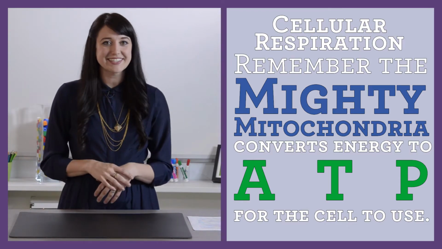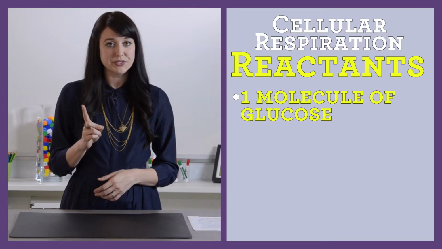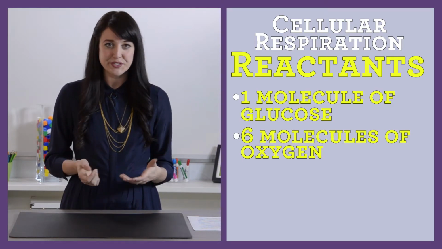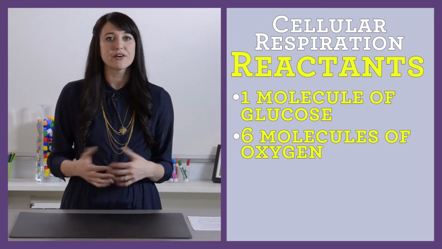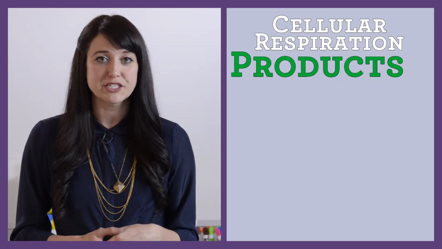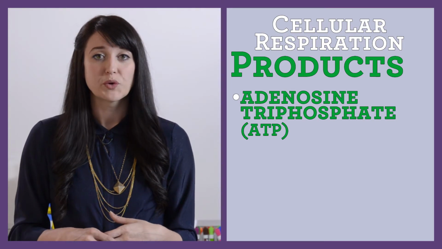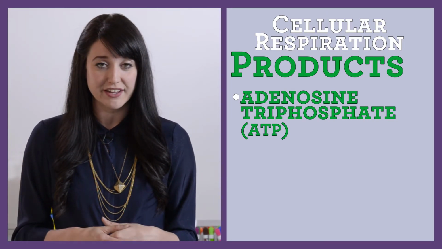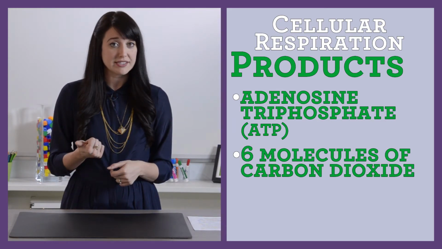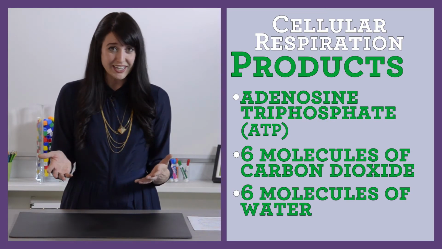The reactants necessary for cellular respiration to occur are 1 molecule of glucose and 6 molecules of oxygen, which is why heterotrophs must eat because we cannot make our own glucose. The products made using the reactants of cellular respiration are ATP, which is again energy, which is short for adenosine triphosphate, and also 6 molecules of carbon dioxide and 6 molecules of water,